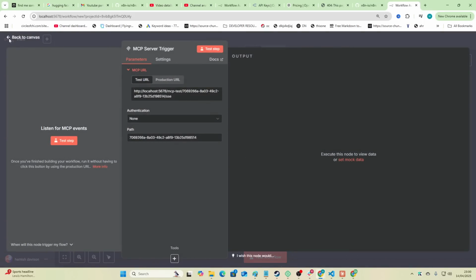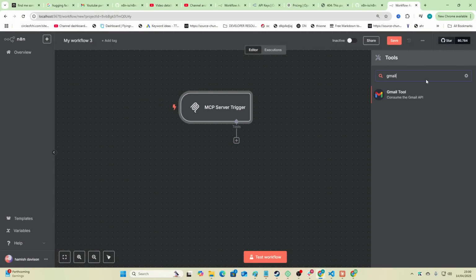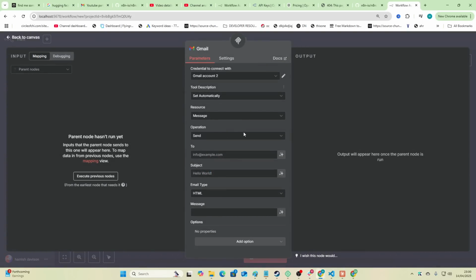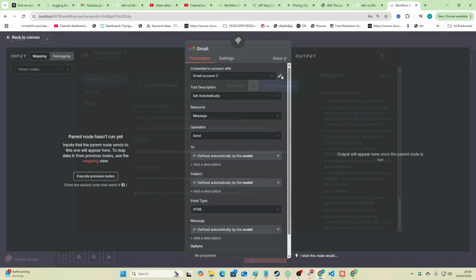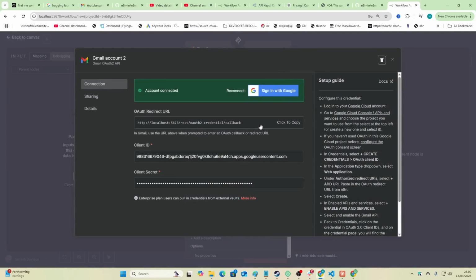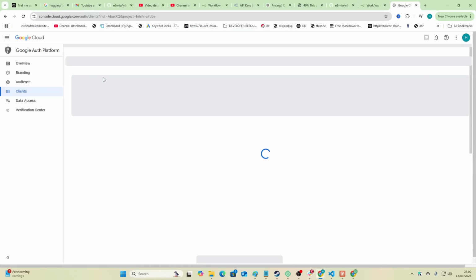And then just press back to canvas, right? Press this button here, the little tools button, press Gmail, okay? Press these buttons here, which means let the model decide. I've already got this connected. You need to use, I'll just show you guys. Let's just do a new one. So go to